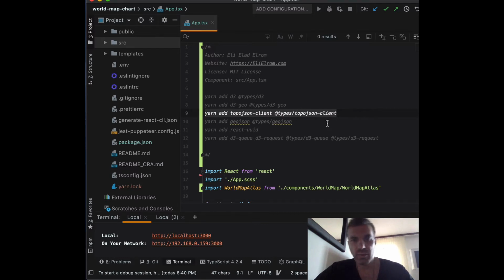The other libraries that we need are the topojson client and the topojson client types, and that's a client that's going to allow us to manipulate the topojson, and the topojson is the library that provides the map of the world, which we can use to draw the map. Then we're also going to need GeoJSON and the GeoJSON types, and GeoJSON allows us to format the encoding of the geographic data, and so it's going to take the topojson files, and then